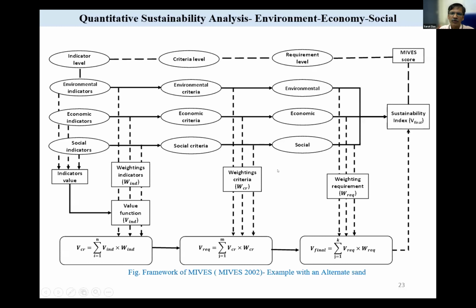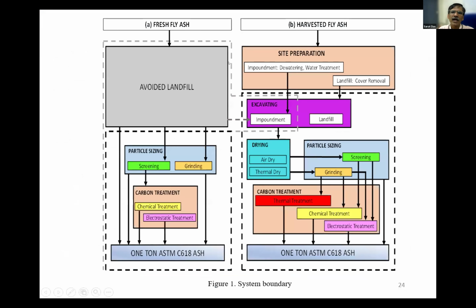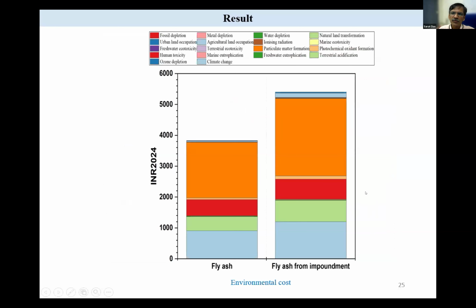So here I'll show one example. As I said, the challenge for Indian industry is to use those legacies. Here I have made a small comparison. If I directly use the fly ash from the plant or take it from the pond, which is what we call legacy ash, how is it going to affect the sustainability? If you look at the diagram,